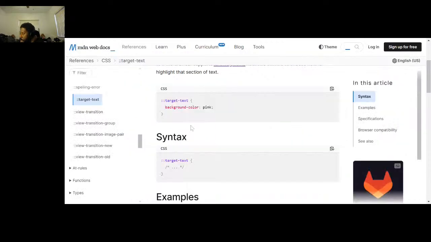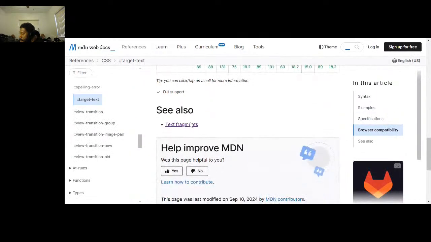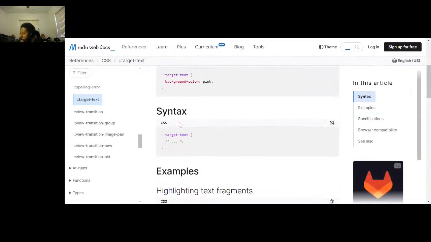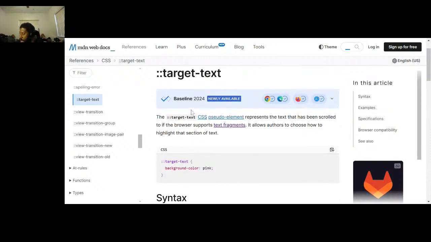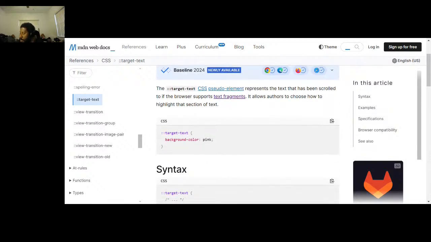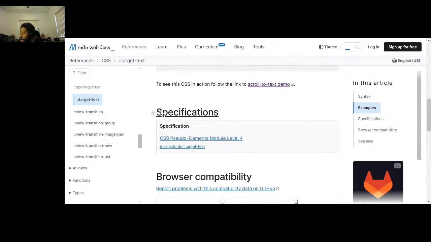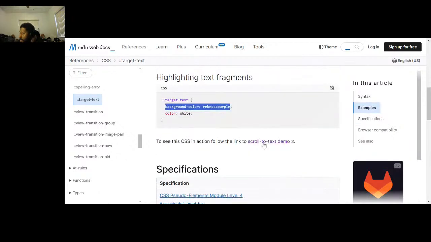You put in what you want in the URL so the browser can read it, and then it'll search the page and highlight that text. So you can see here, the target-text pseudo-element would have the background color Rebecca purple and the font color white. Oh wait, they have a scroll-to-text demo here. Let's see what this one is.